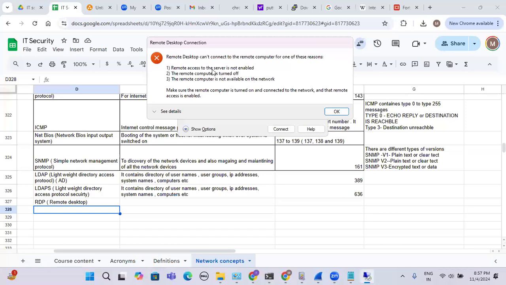What is the first one? Remote access to the server is not enabled. So the RDP port number is not open in the server wherever I am trying to access. That RDP port number we have to open on that particular server. Second one, the remote computer is turned off. Maybe the remote computer is switched off